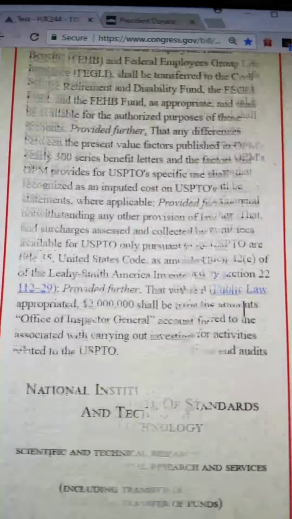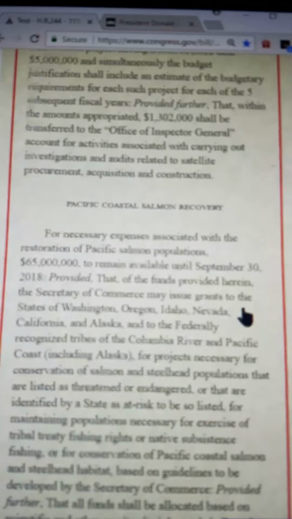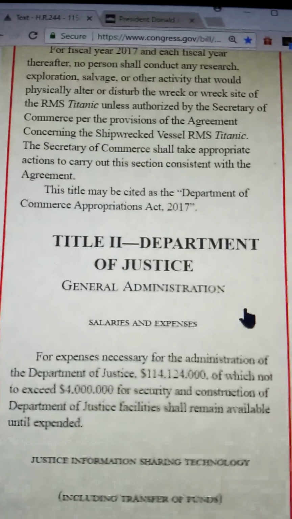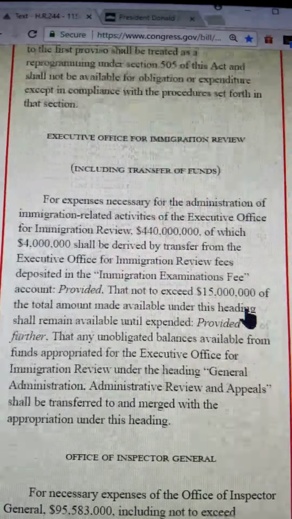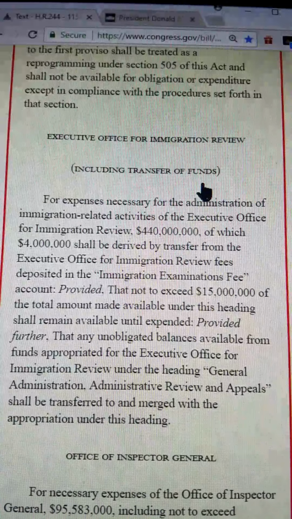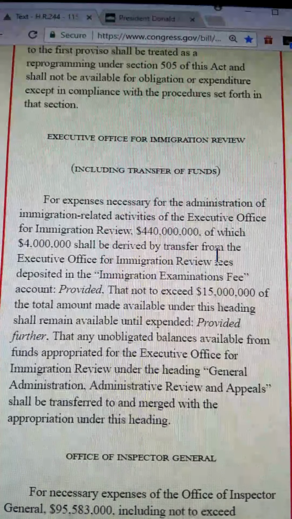That was Title I. And trying to get it to focus, I moved it around, and I enlarged it a little bit, and it moved the entire text. So this is the Department of Justice where we left off, down here by the Executive Office for the Immigration Review, and we left off where